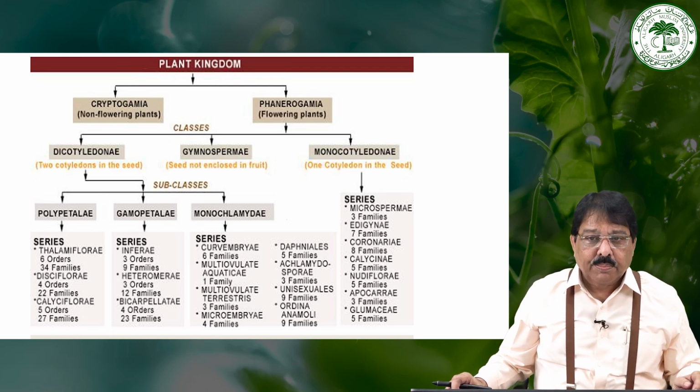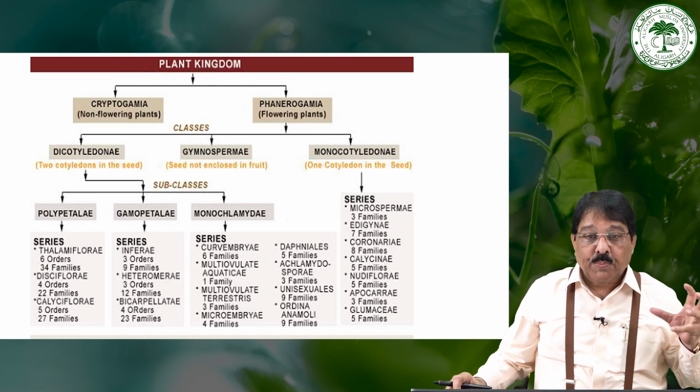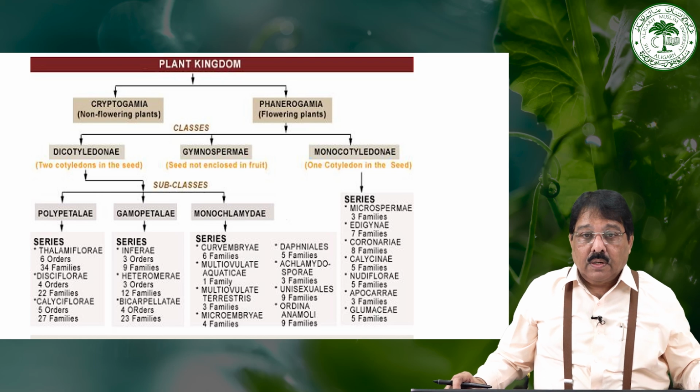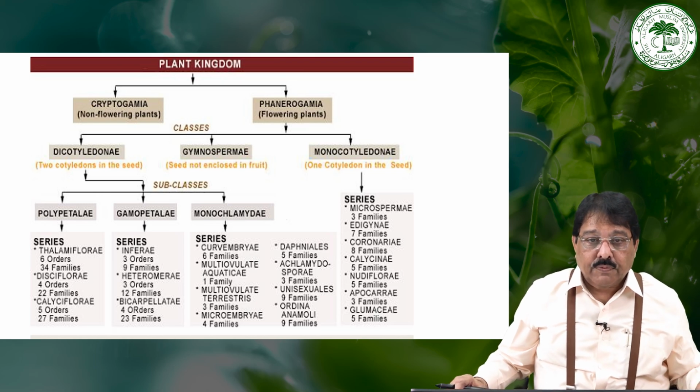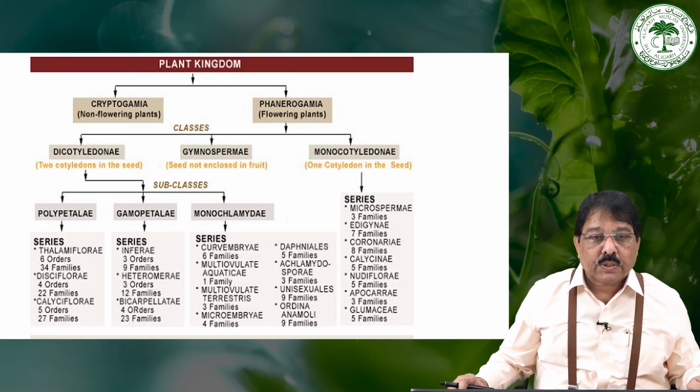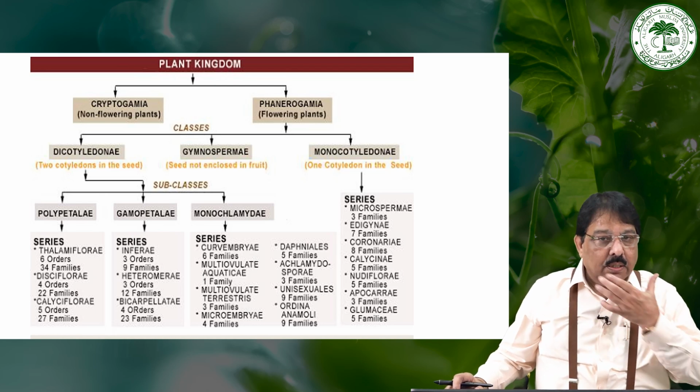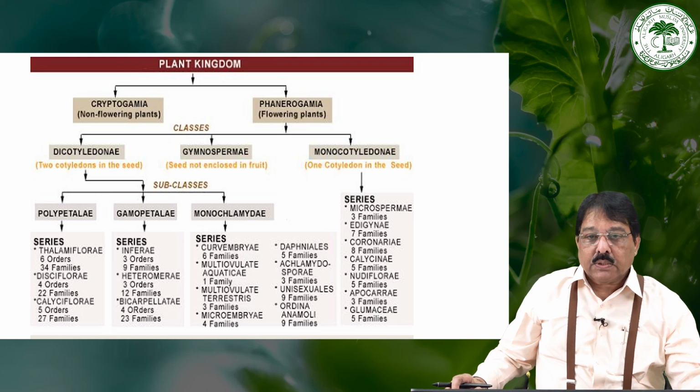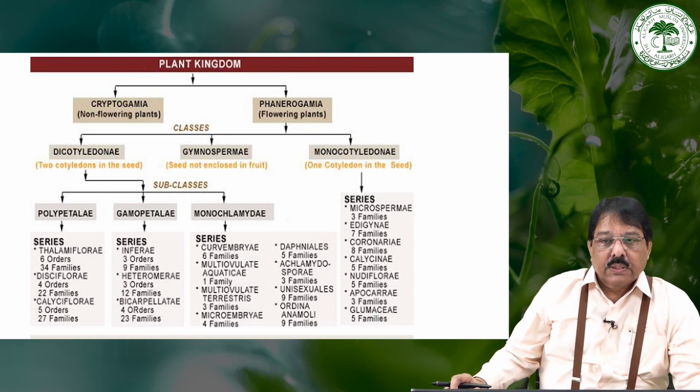He divided the plant kingdom into two groups, that is the cryptogams and phanerogams. Cryptogams, where the reproduction is hidden. All the pteridophytes, you can say the ferns, are included in the cryptogams, along with algae, etc., which are non-flower producing plants, you can say in a broad way, non-fruit producing plants. So we are not dealing with the cryptogams, we are dealing with the phanerogams only, that is the flower producing